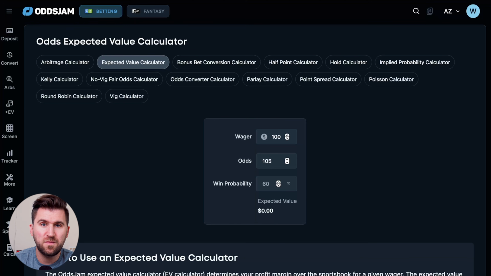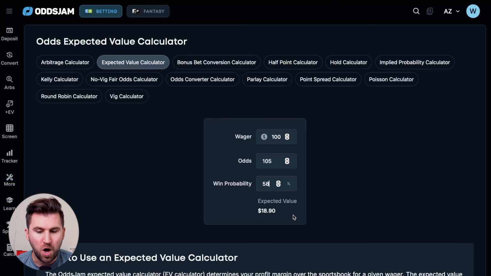Now that you understand the fair odds, this is where you can implement an expected value calculator. Expected value, or EV, will tell you how much money you can expect to make if you place this bet hundreds of times. So if your wager size is $100, you're receiving +105 odds, and your win probability is, say, 58%, the calculator is going to tell you that this is very +EV, $18.90, or